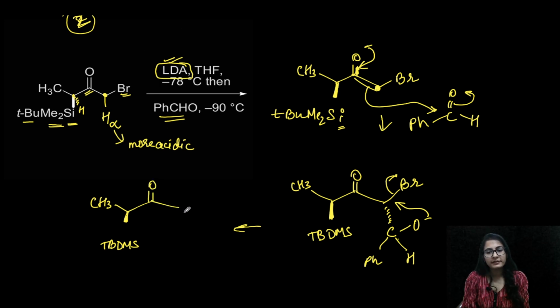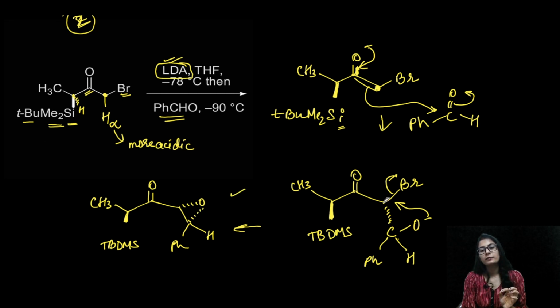So the bromine has left out. So if you want to write this carbon below the plane, it's the same thing. Or if you want to write the carbon on the plane, and this is the Ph and H, then you can write the epoxy below the plane. Alright, so you can write it like this also, or you can write the carbon below the plane and epoxy on the plane of paper, it's the same thing. Alright, so this is how your product is going to be for this second example, right?